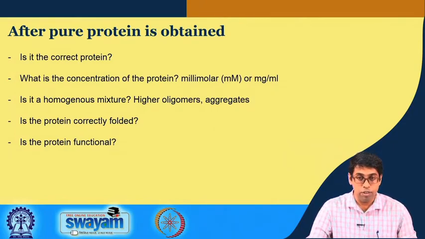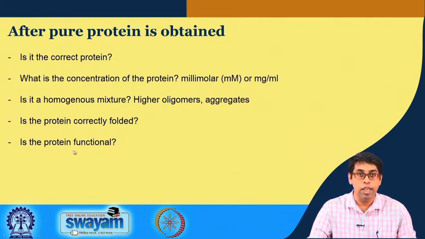If you have done your purification through affinity chromatography, then the affinity tag will be present in both folded and unfolded protein, so that both will be purified, and you might end up with a mixture of folded and unfolded protein. We will have to figure out a way to tell whether we have 100% folded protein or a mixture of folded and unfolded protein, and then separate them so that the final solution that we have is correctly folded protein.